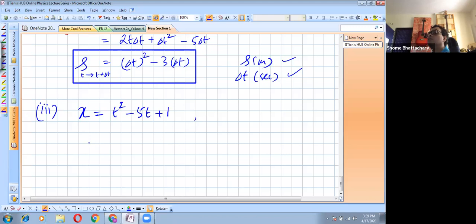Okay. So according to this, what is the position at t equal to 0? It is plus 1, correct? And what is the position at time t equal to t? It is nothing but t square minus 5t plus 1. So first of all, from this, what is the displacement at time t? Okay. So this is the displacement